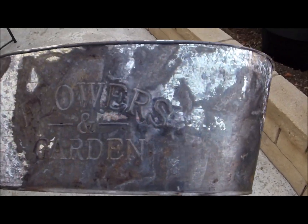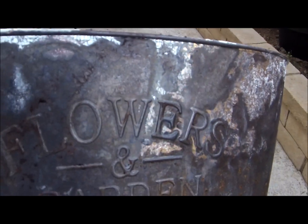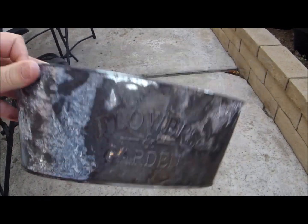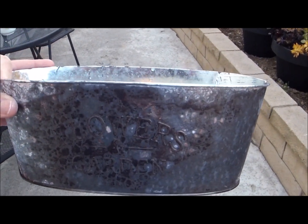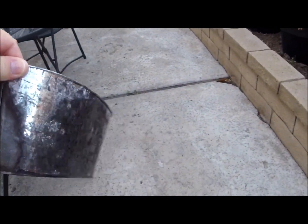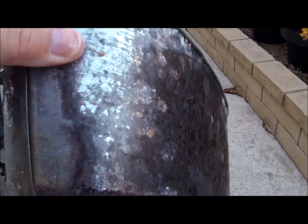Wow. So it definitely took off the shine in most of the areas. This side looks like this, and this side's like that. Let me turn it around here. I think I like it. It definitely looks more rustic and worn. I thought it was going to be more silver, like if it was like this all over, maybe